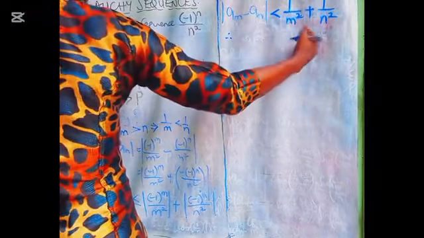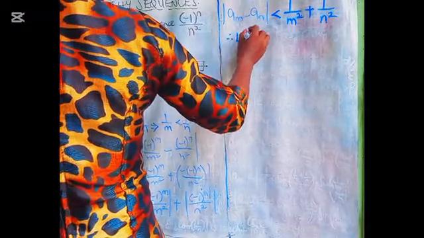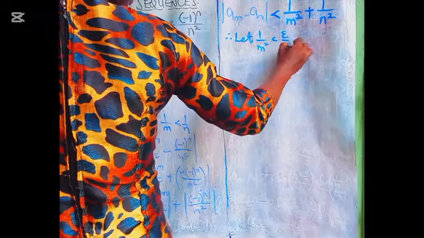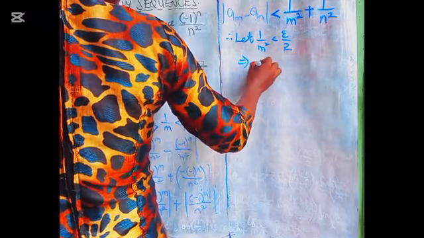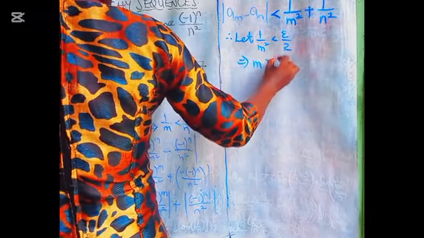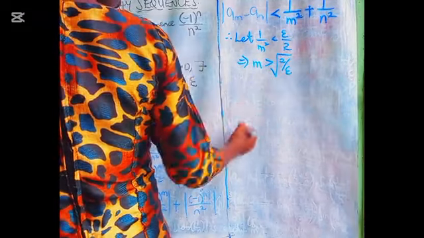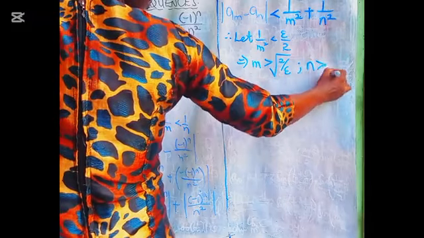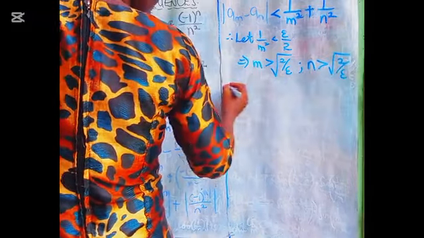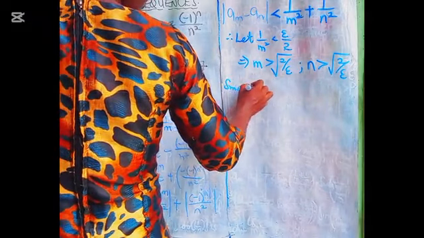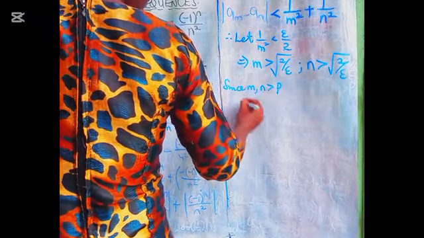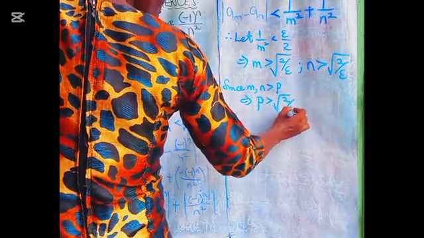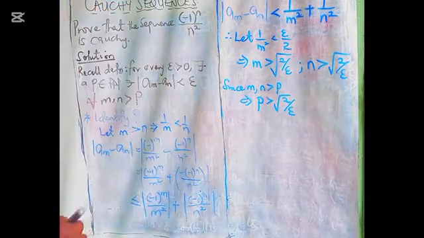And since we want both of these to be less than epsilon, let 1 over m squared be less than epsilon over 2. That implies that our m will be greater than the square root of 2 over epsilon. And the same thing happens for n, it will be greater than the square root of 2 over epsilon. And since m and n are greater than p, it further implies that our p is greater than the square root of 2 over epsilon. Having identified p,